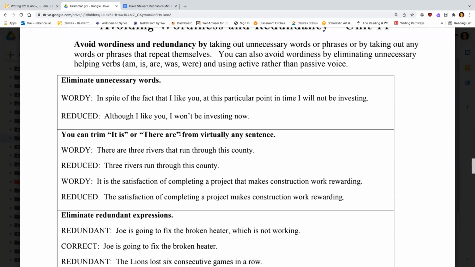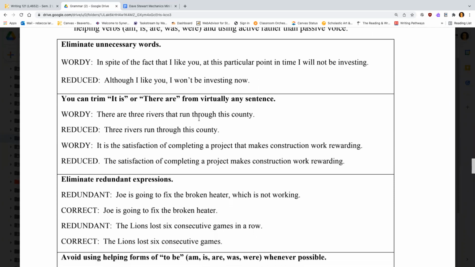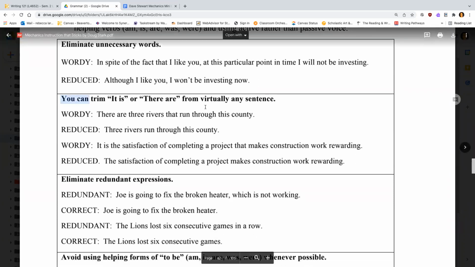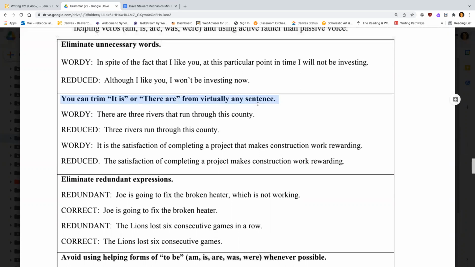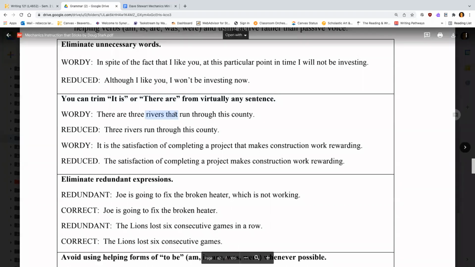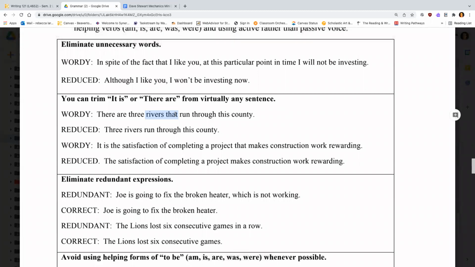You can also trim it is or there are from virtually any sentence. This is a really good trick. So you might want to highlight that for yourself. So instead of saying there are 3 rivers that run through this country, 3 rivers run through this country. See that, and we've talked about eliminating that from our sentences before, but this is really where I would call revising and editing, where students oftentimes, I think, just run grammar and spell check,